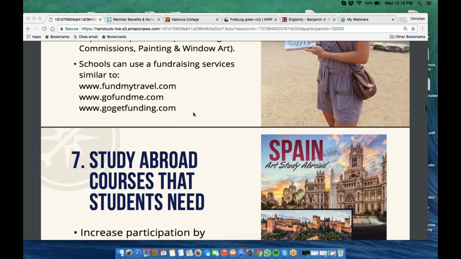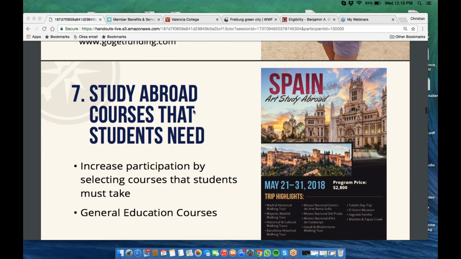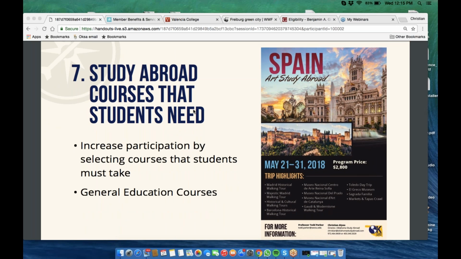We'll constantly keep you up to date about new possibilities and options that are out there. Study abroad courses that students need. This is absolutely essential. Students are on a limited budget. They're also on a limited time. They want to get their degree. They need to move on. There's certain courses that they need to take, general ed courses, etc. So if you can set a study abroad program that will incorporate one of these general education courses, or can have it be a course that is of value to these students,